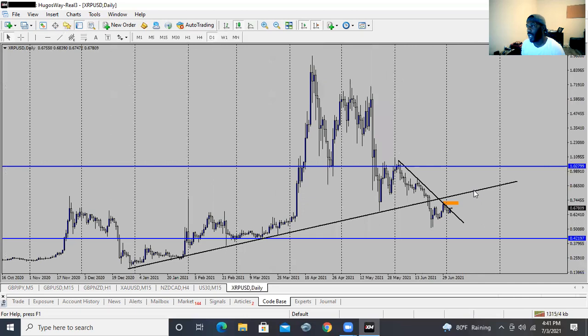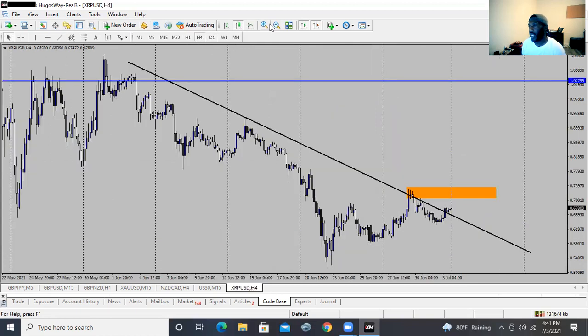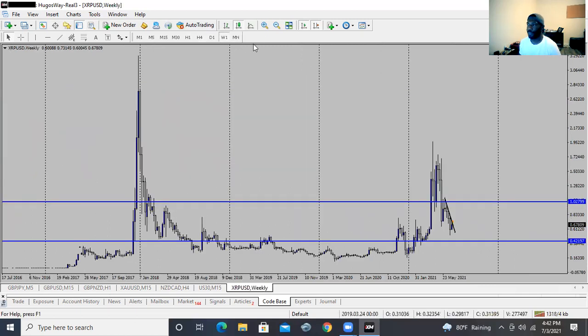I just think it's way more bearish pressure in the market right now with everything that's going on with cryptos. It's a lot of panic selling in the market, so I just think that it would be a safe bet to say that we are going to get a rejection here and continue downside. The trend is your friend, and right now we are in a downtrend, even on the higher time frame.